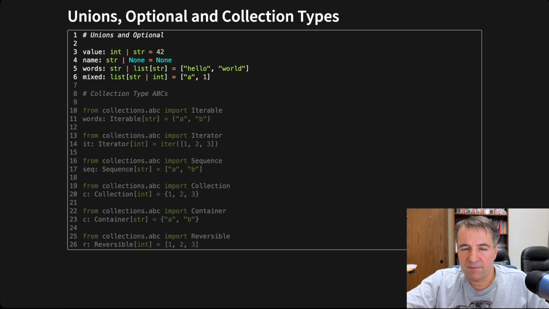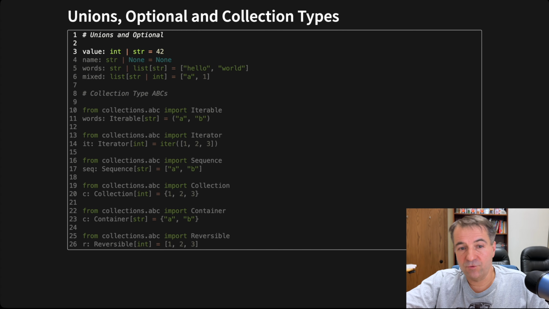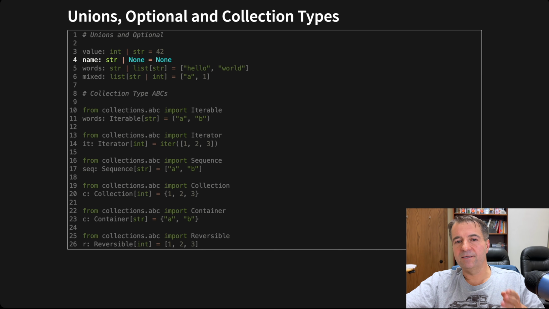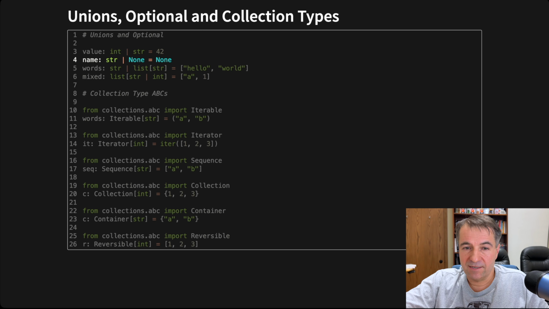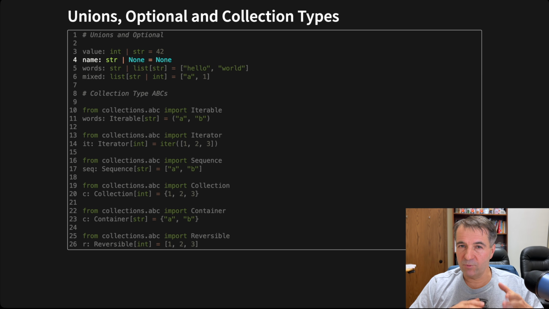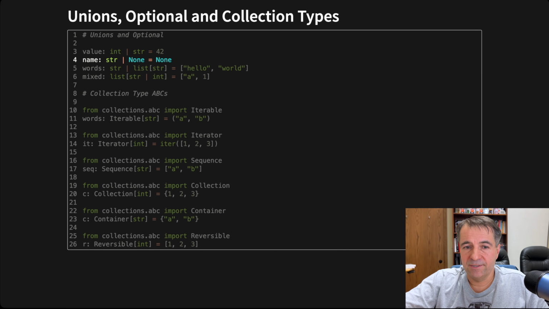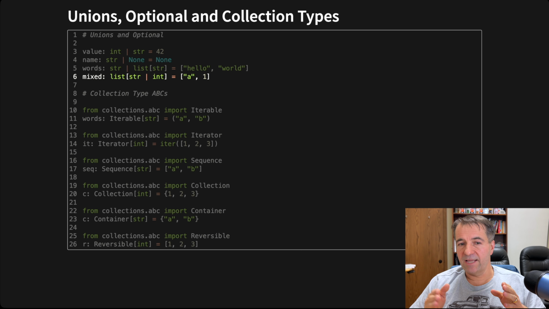So have a look, I'm going to step through the different type annotations that we've got. Unions: line 3 shows us an integer or a string. That would be integer union string, which means "or". Name union None is now the new way of specifying optional. You don't have to import Optional anymore. You'll basically union with None to say an optional value. Then a union list of strings, or a list containing either a string or an integer value.